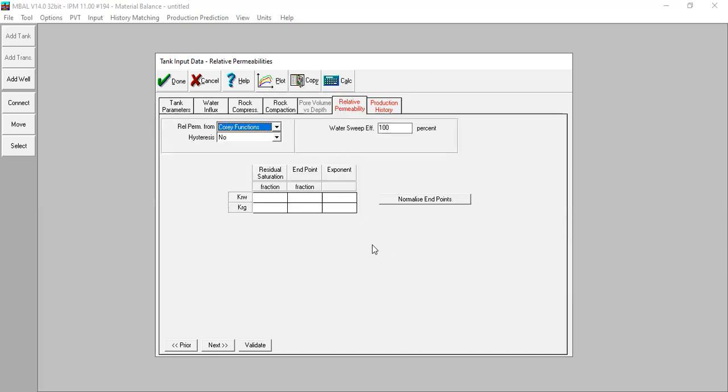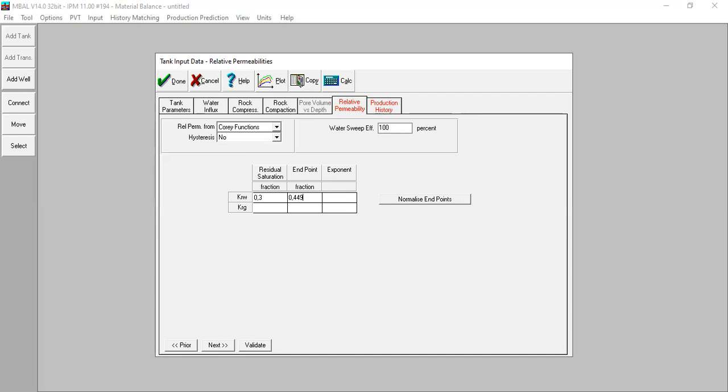Relative permeability. Relative permeability from Corey functions. Okay. And you can follow my number here. For the residual saturation fraction, 0.3. The endpoint fraction is 0.449.